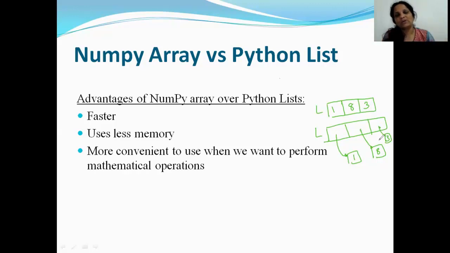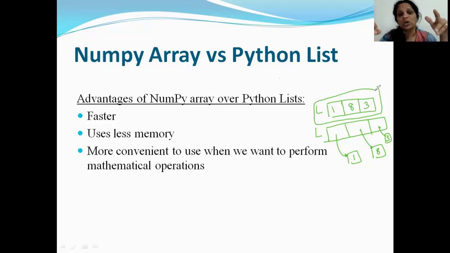Though, you must have learned in class 11, you drew it like this: 1, 8, 3. That's our assumption, because how it's stored in the background doesn't actually matter to us. But actually a list is not stored like this. Each of those locations of the list will refer to an element somewhere in memory. But when we talk about an array, it is perfectly stored like this at continuous locations. It's not referring. It is stored at these locations. So obviously it becomes easier and faster to access it.